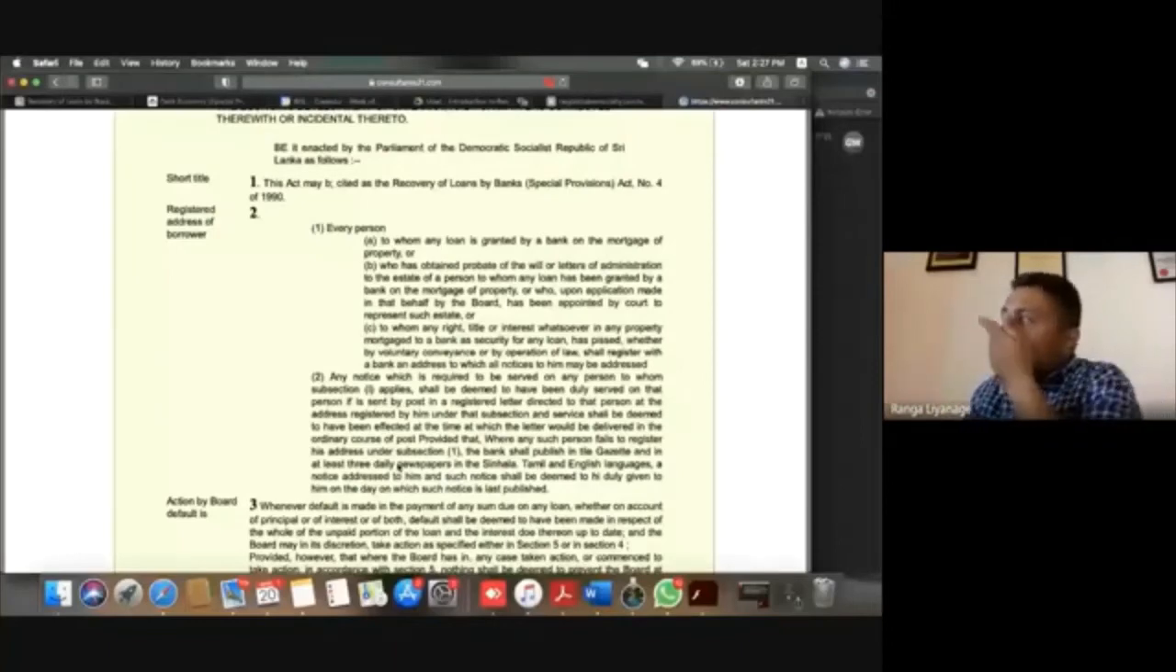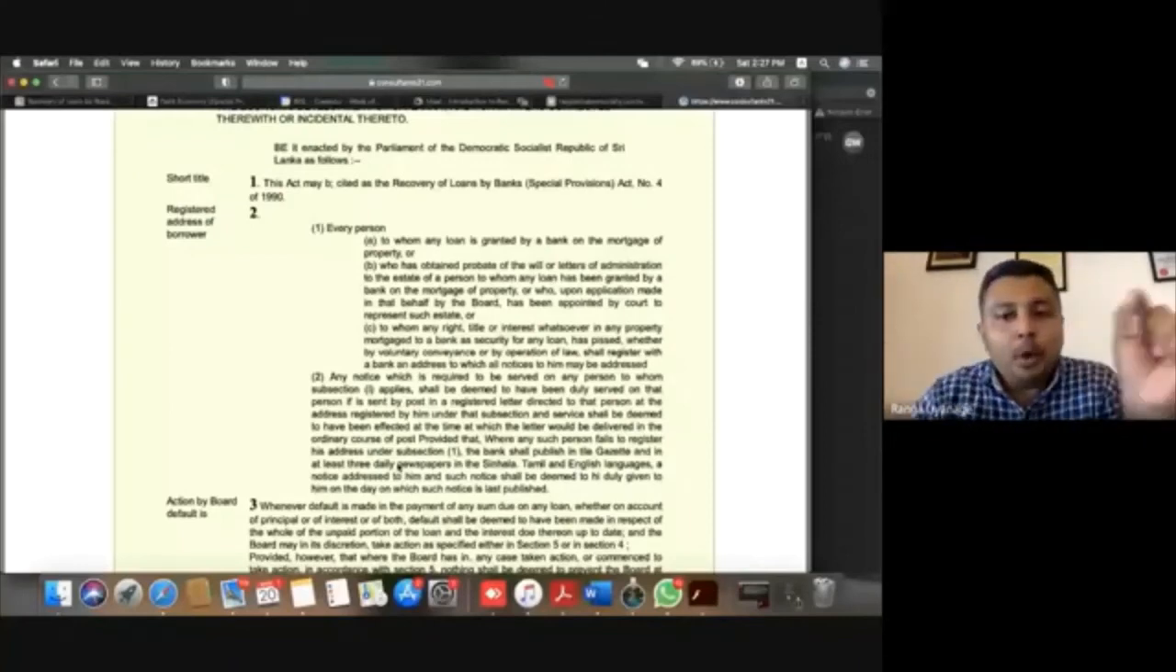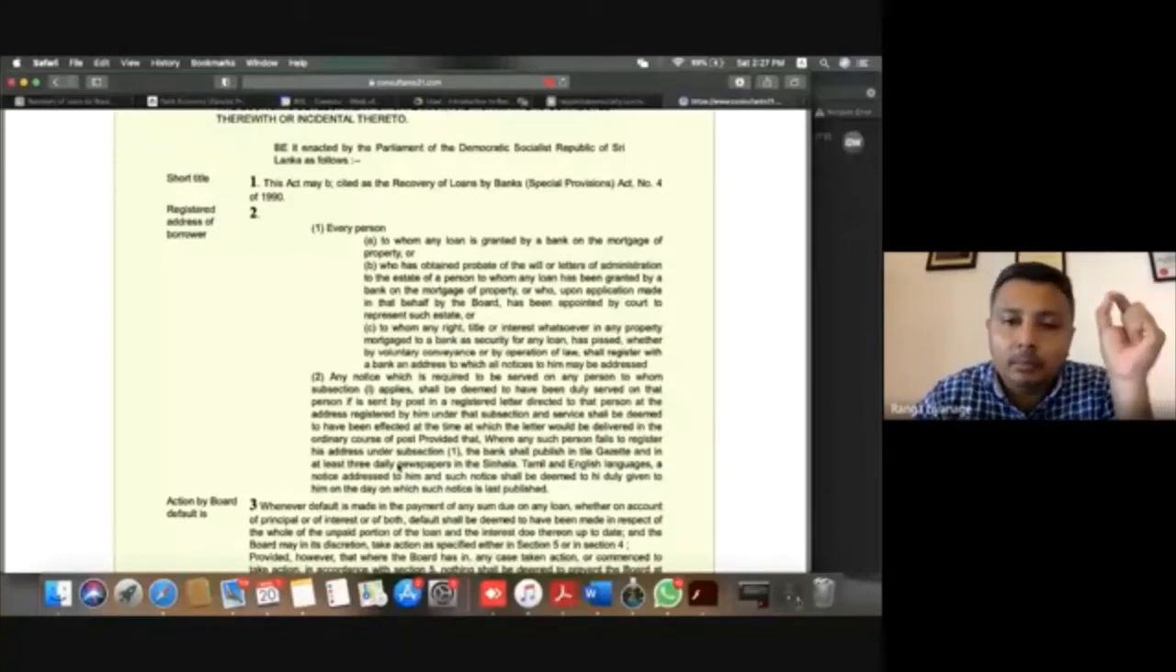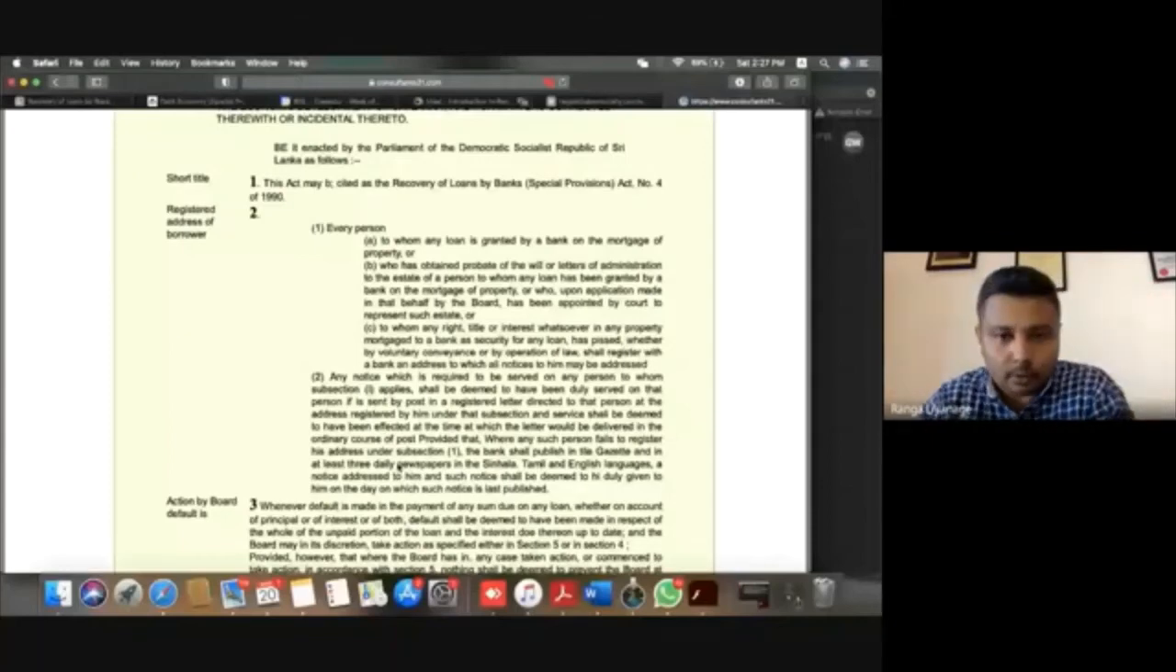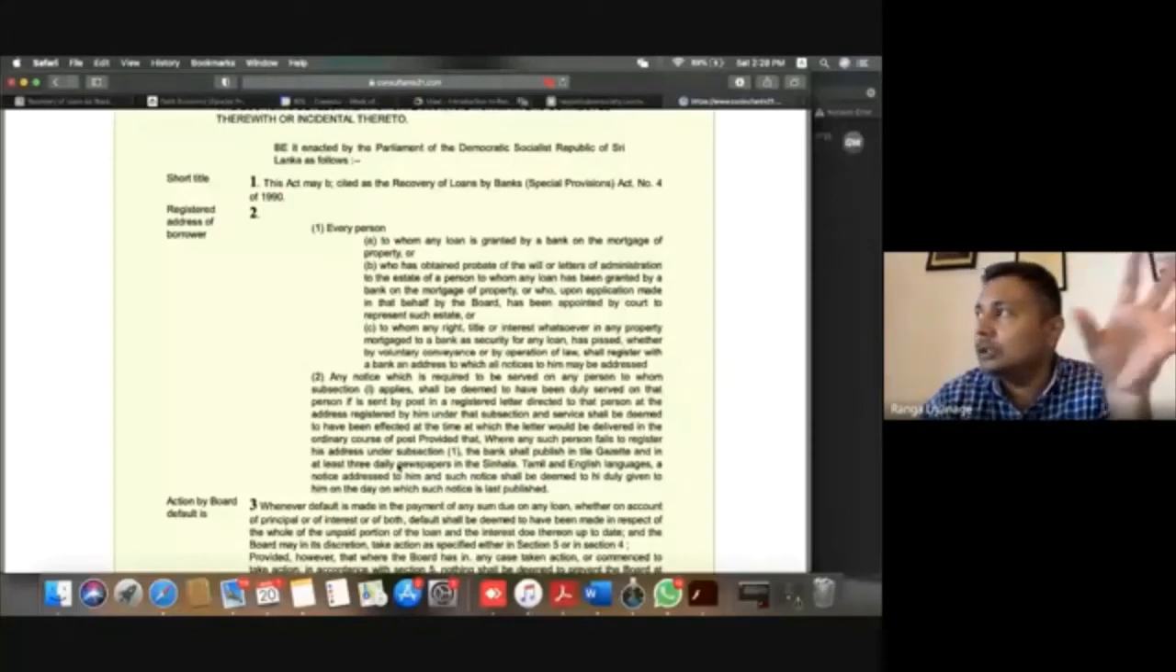What is the borrower? After the borrower has died, his heirs, or the board can recover from his estate upon application made in that behalf by the board. What is the board? The director board of the bank has been appointed by court to represent such estate. So basically think about the heirs of the borrower or to whom any right, title or interest whatsoever in